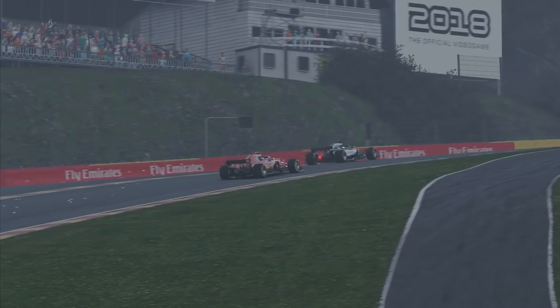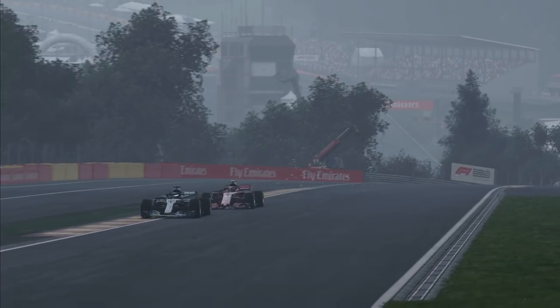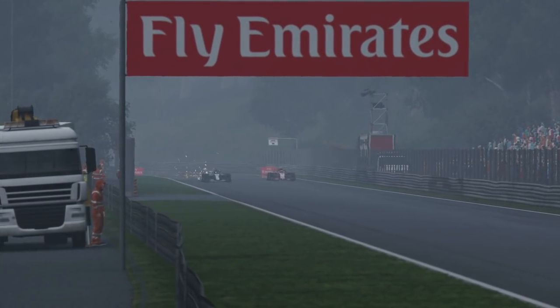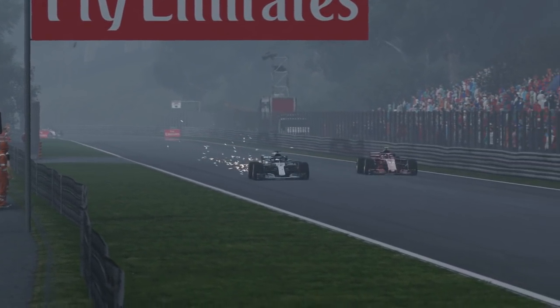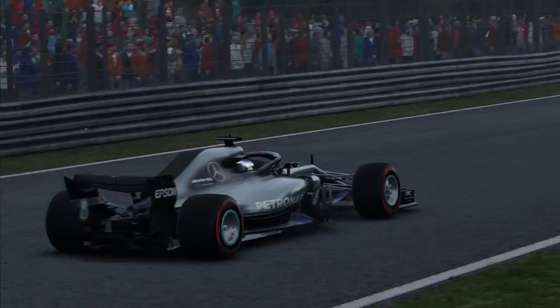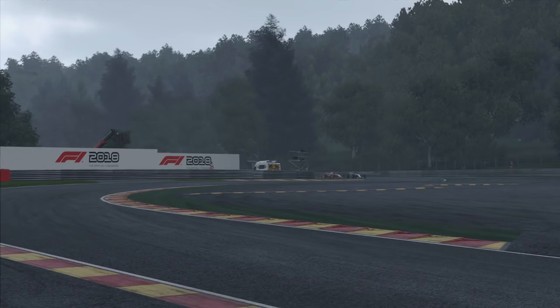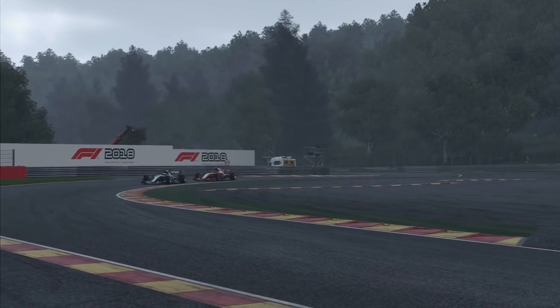But up Eau Rouge now, we go sideways a little bit there. Raikkonen's got a fabulous run out of Eau Rouge. Now up towards the Kemmel straight here. Raikkonen moves over to the outside line, but we stay out of the slipstream. ERS in overtake mode, rich mixture enabled. We just managed to stay very far ahead,